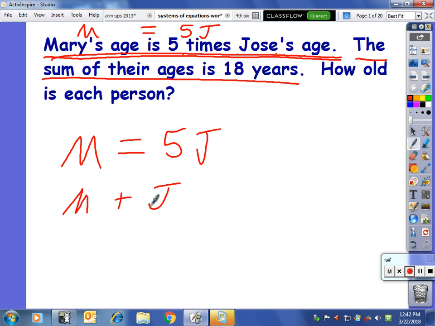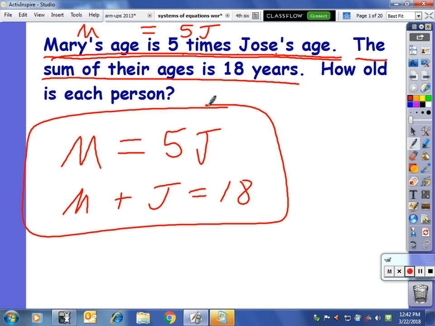M plus J equals 18. Sometimes they ask you just to set up the system, and then you would pick from a list of equations which system would solve it, and we'd be done. And in fact, listen carefully. On your homework,